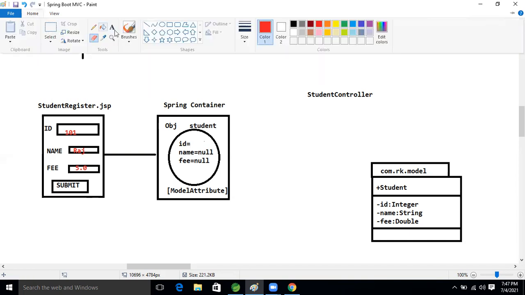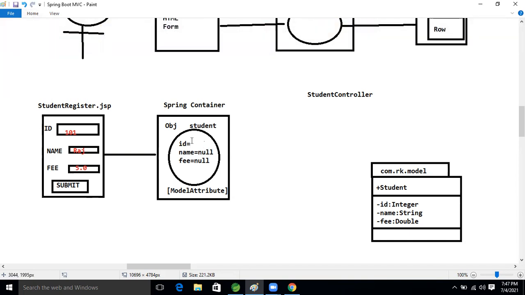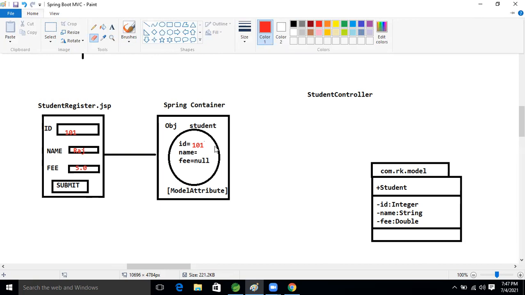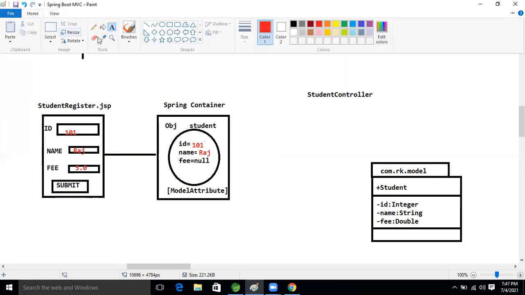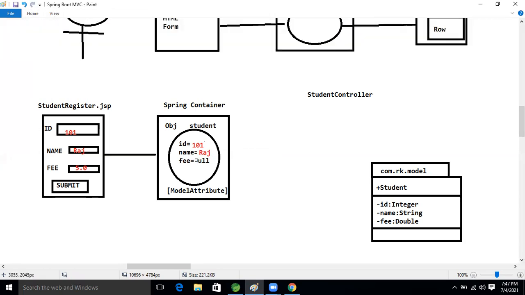Then id will become 101, name null will be replaced with Raj, and fee will become 5.0.